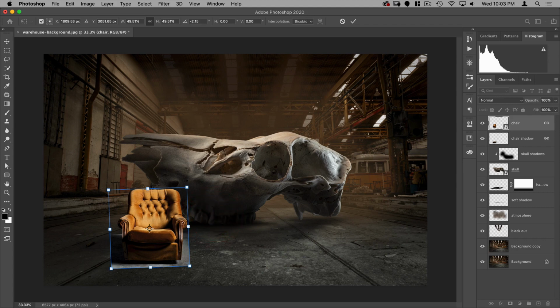And the light on this is already quite good, meaning the light is coming from this. You can kind of tell in the shadow here. So that's already working in our favor.